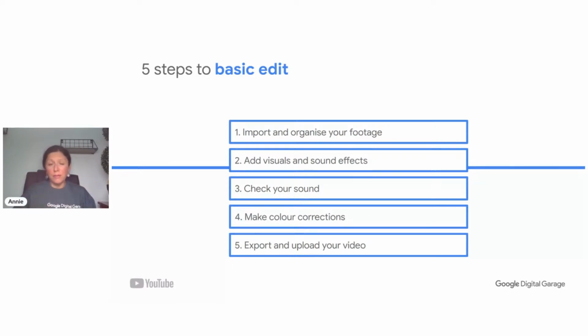Check your sound as well. Make sure that you've tested it. Listen with your eyes closed, whether the audio sounds exactly how you wanted it to, and whether the sounds are blending nicely together, especially if you're mixing in other sounds. Check your color corrections. Perhaps you want to make it a particular brightness level. Maybe you want to fix that on all your shots so it matches throughout, or maybe there are certain areas that you want to highlight. And export and upload your video.